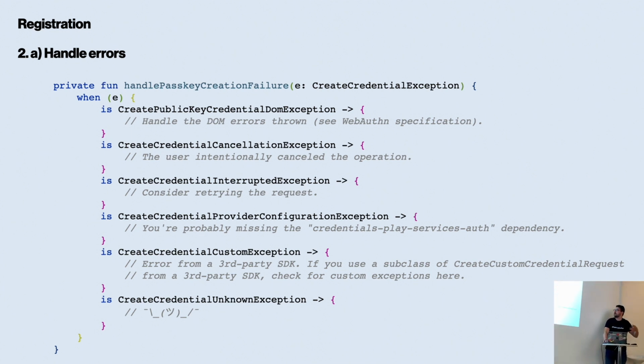The user has canceled something, but there's always the unknown exception where that's literally everything that you get, no other explanations. There are a bunch of different ones, especially the first one, where you get DOM errors that are only strictly covered and defined by the WebAuthn specification, so you have to go through their documentation and dig through things.